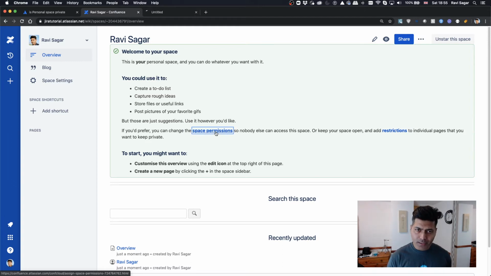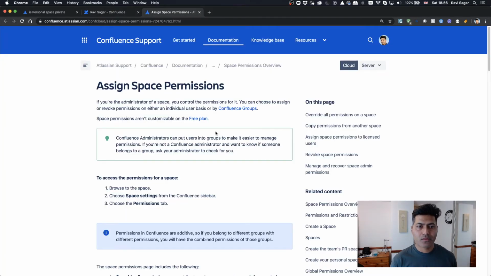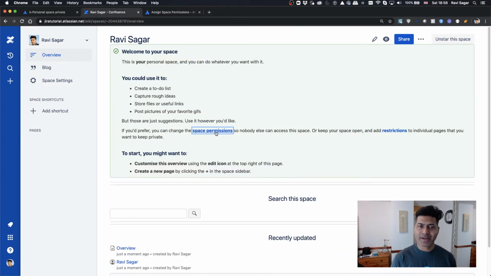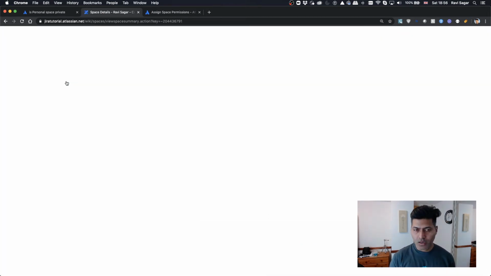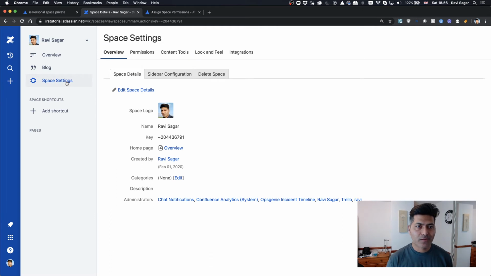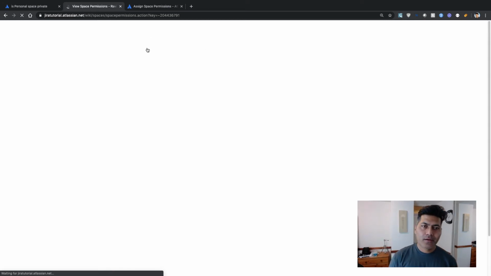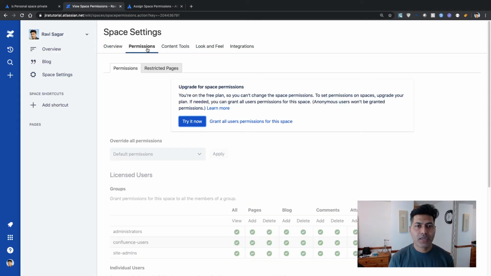So there is a link here. If you click on the link, you can basically take a look at how to change the permissions. This is the documentation on the Atlassian website, but I'll show you how to do it. It is not very complicated. So you need to go to the space settings. So if you click on the space settings on the left hand side, you will be able to do some configurations of your space, and on top you have the option to simply go to the permissions, the second tab on top, and here you can simply change the permissions